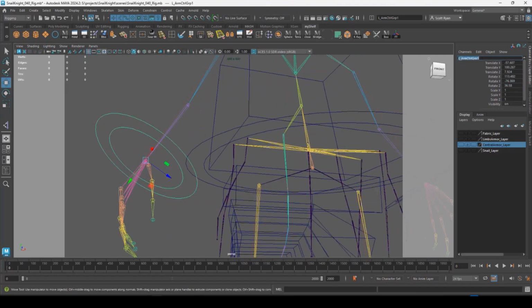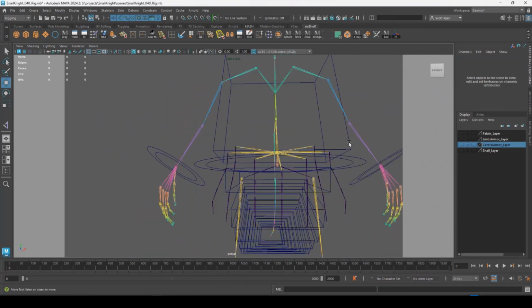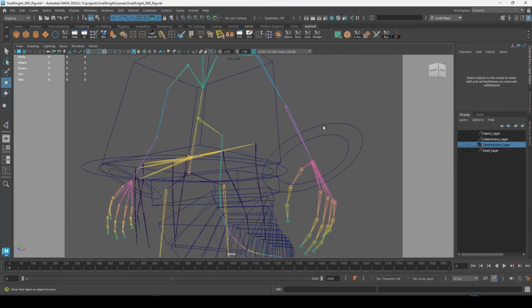First, I want to rename it. It's no longer my left arm. It's my right arm control group. Right arm control. Right hand control. And there you go. Next,